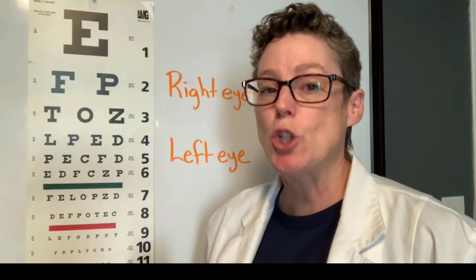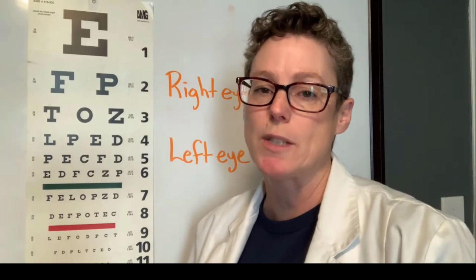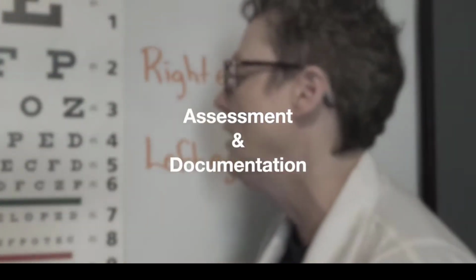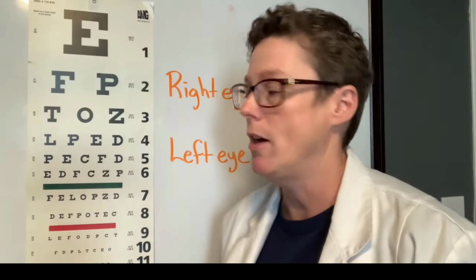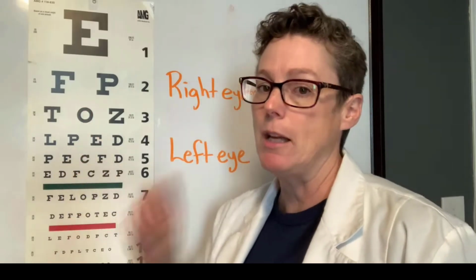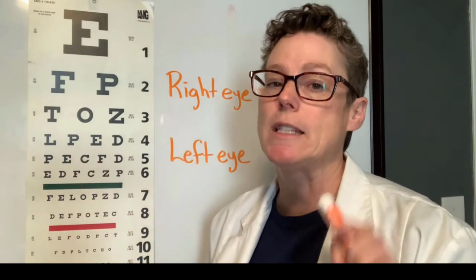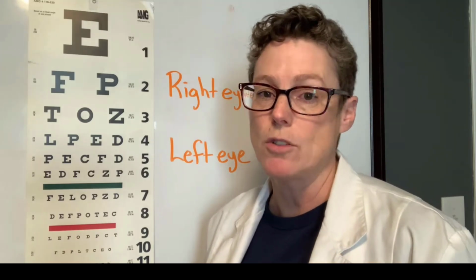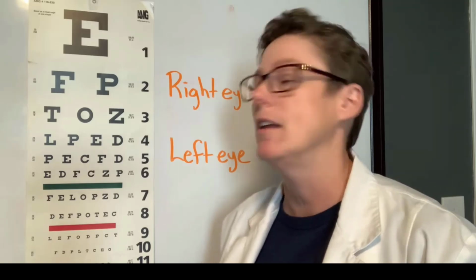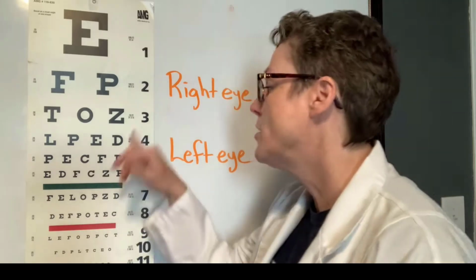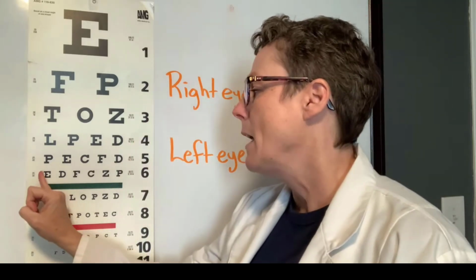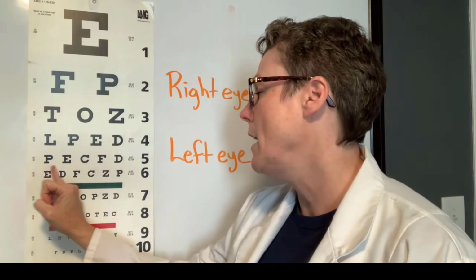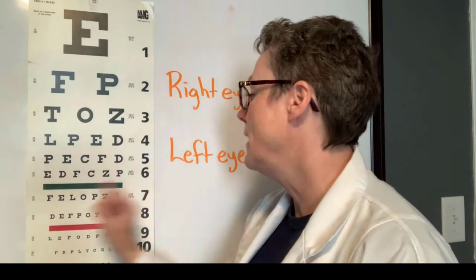Now when it comes to determining the actual value that we're going to assign for that patient's visual acuity, there is something you need to be aware of, and that is the patient can make 2 errors on a line and still get credit for that line. If they make more than 2 errors or they're unable to read the next line, then that is where we would stop. So in the case of this assessment, able to read line 5 with 1 error